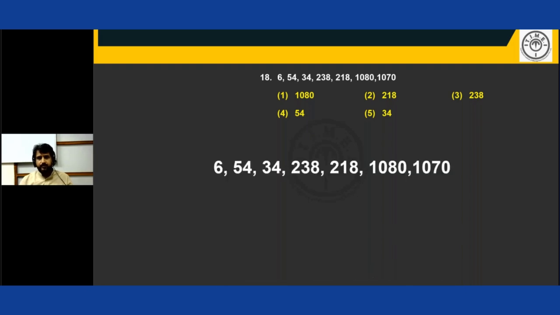6, 54, 34, 238, 218, 1080, 1070. Close numbers, and increasing rapidly. So what you can say is that it is alternately increasing rapidly, alternately decreasing rapidly. Let's see, 54, 34 is minus 20, 238, 218 is minus 20. So minus 20, minus 20. So what should it be? If it is minus 20,